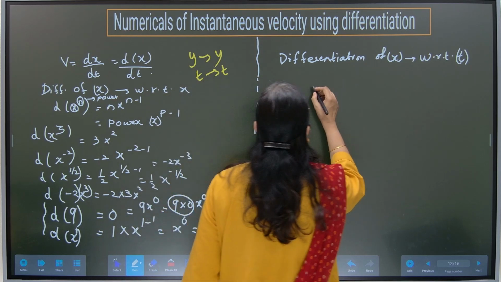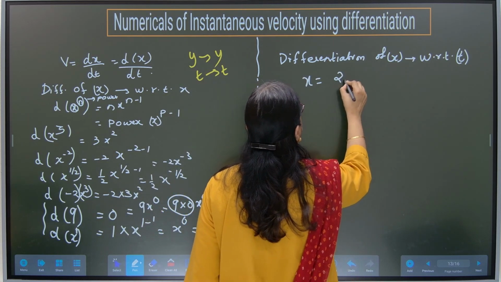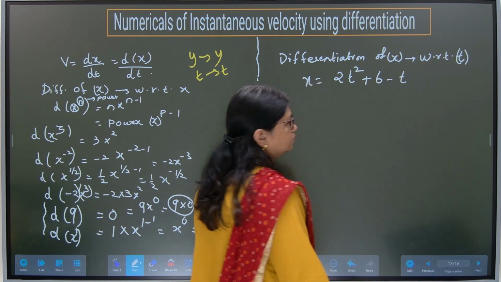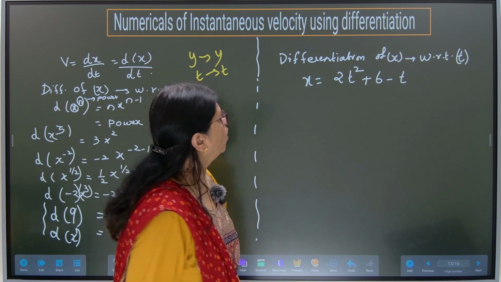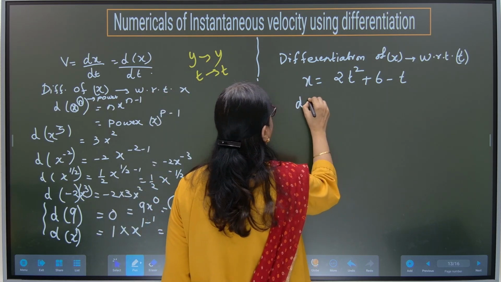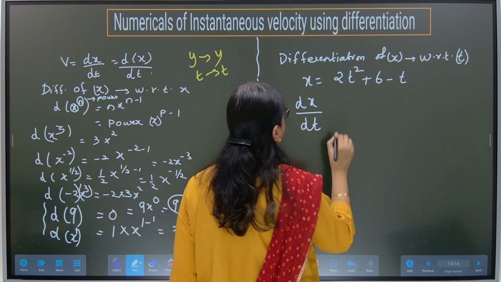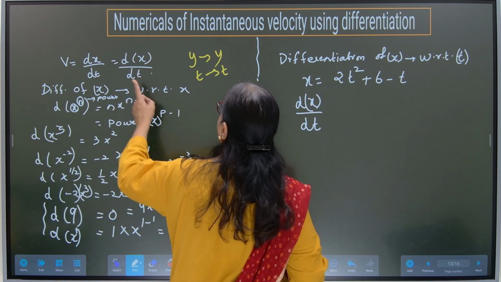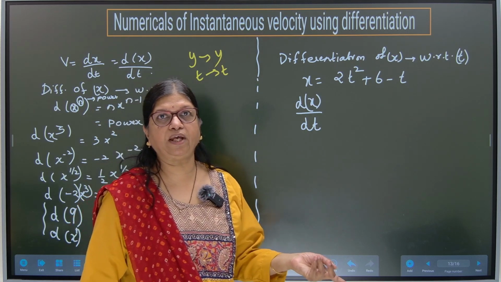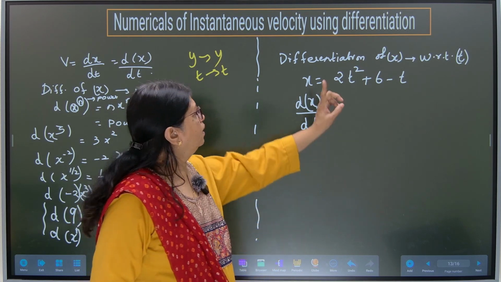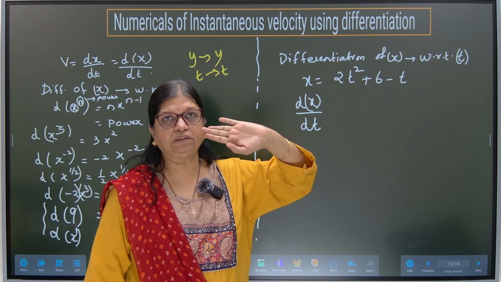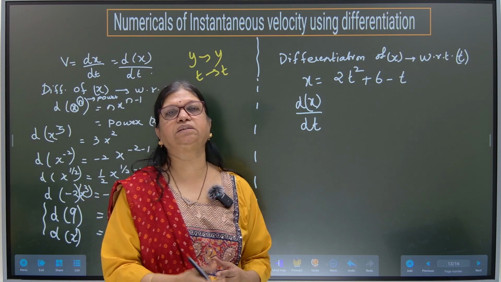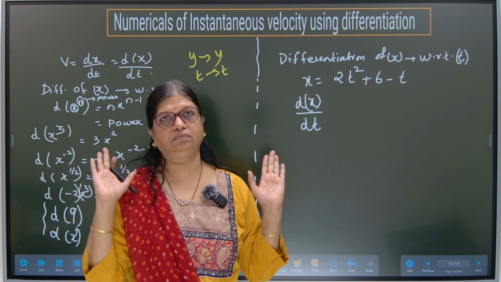So, let me write one such type of polynomial. I have written. Okay. So now I want to differentiate x with respect to t. So how should I write? dx by dt. How do I read it? I already read it here. Differentiation of x with respect to t. And the polynomial is in t. That means as t is changing, x is changing. Simple. Okay. As time changes, displacement is changing. That is the meaning.